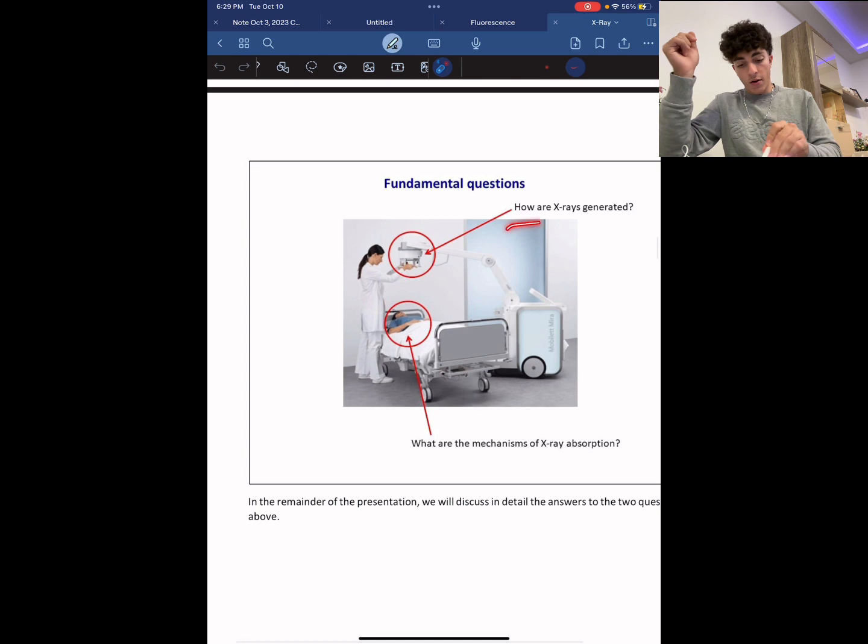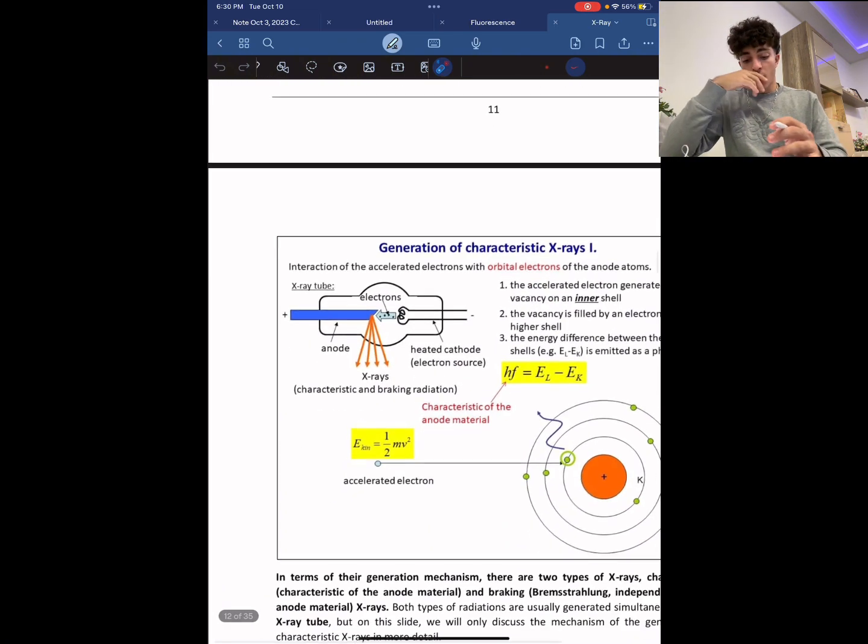All right, so how are X-rays generated? I said characteristic and breaking X-rays, and the mechanisms of absorption were the 3: pair production, Compton effect, and photoelectric effect. Now let's get right into it. Okay, so